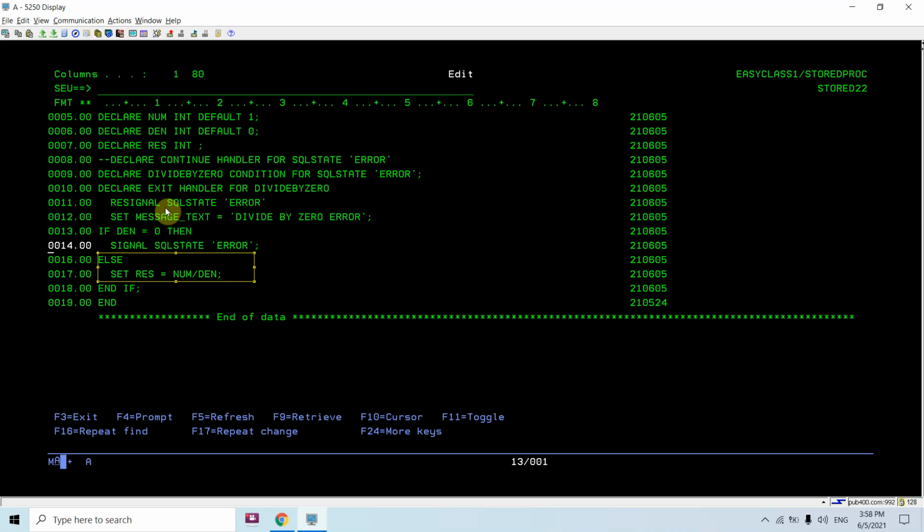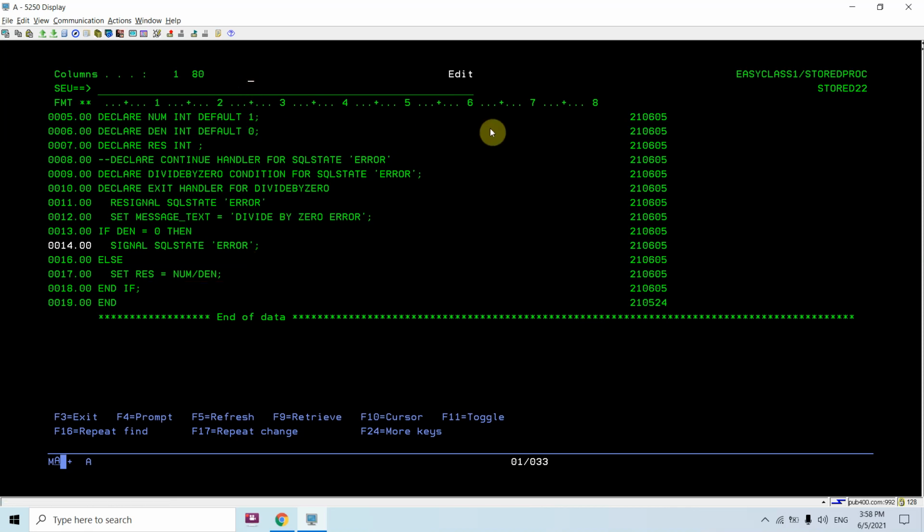So if you do not use that within the handler, you will get the error that using the resignal without the handler. So this must be defined inside the handler. Now, basically signal and resignal are used to handle the error situation. So if I signal something, I can resignal that with some more meaningful messages. By setting the more meaningful messages, I can also use the signal only, so that's also possible.